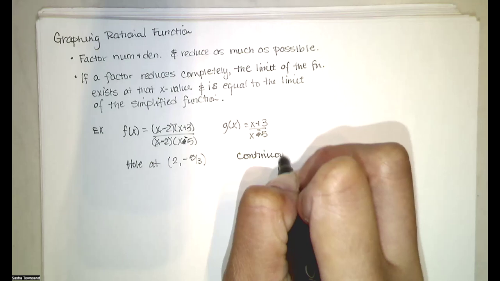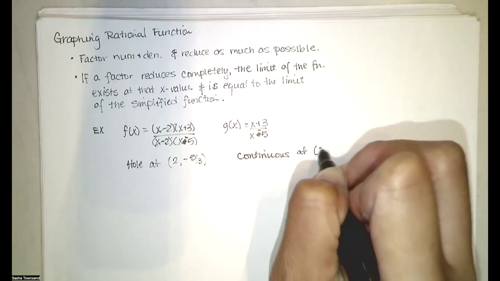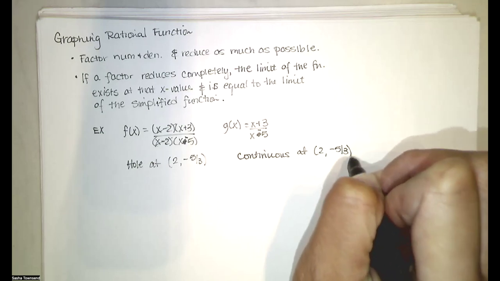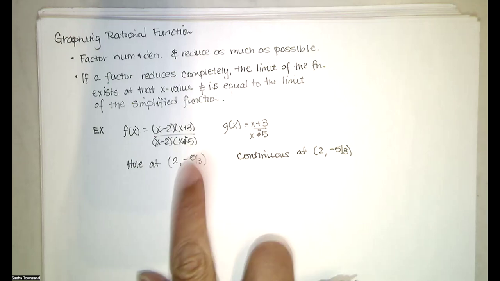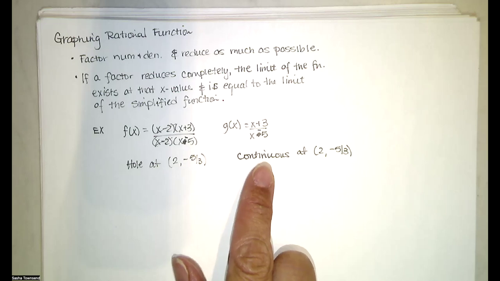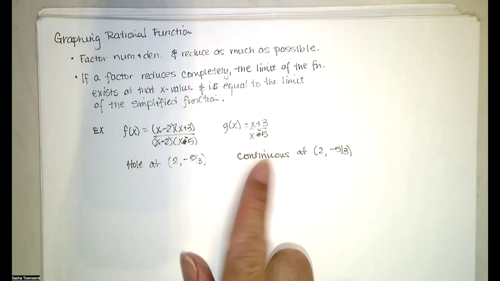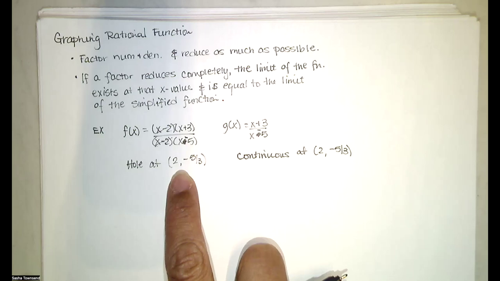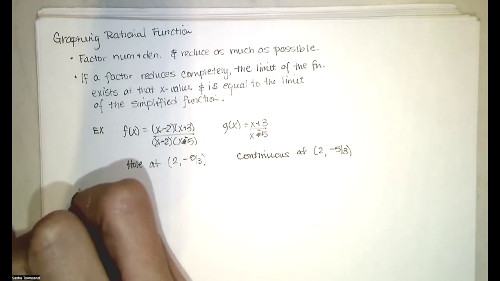They're very similar. This one has a hole and that one doesn't, but otherwise the graphs are going to be exactly the same. They're exactly the same at every other x value, except for x equals 2. Now, if